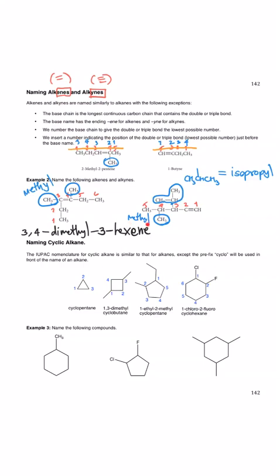Which name between methyl and isopropyl should come first? That's when you will need to go by alphabetical order. And we know that I comes before M. Therefore, the name of this compound would be